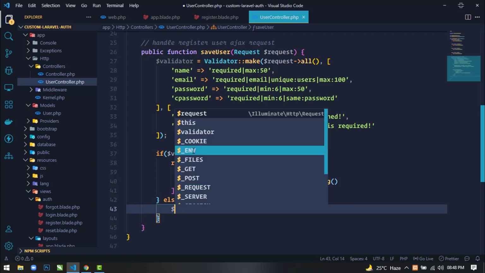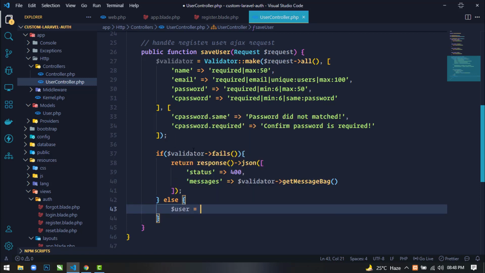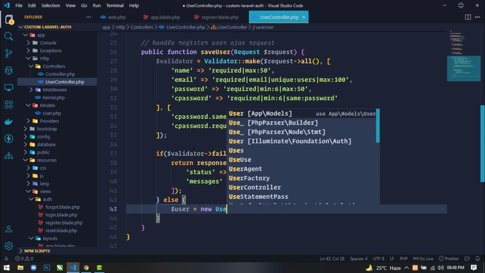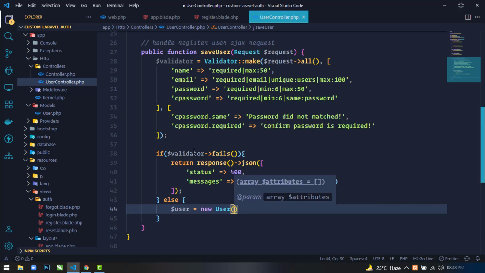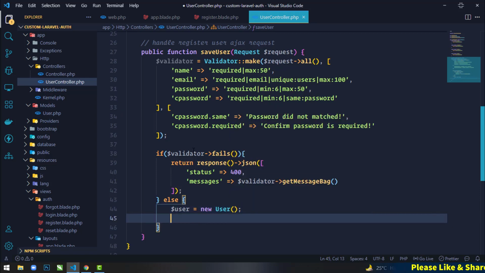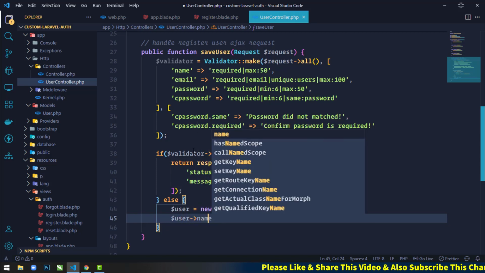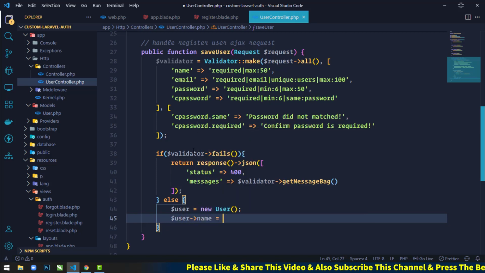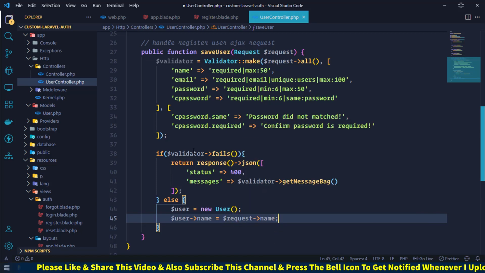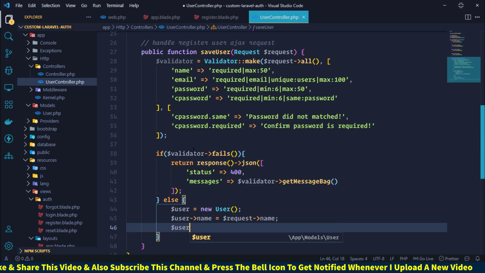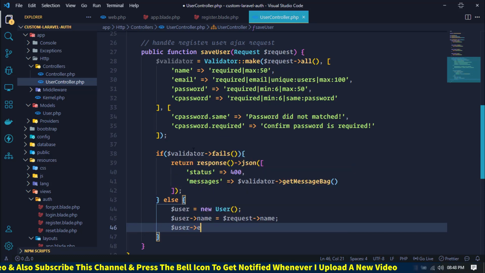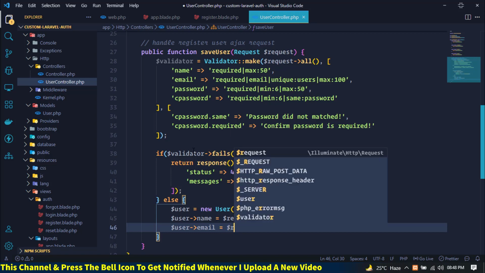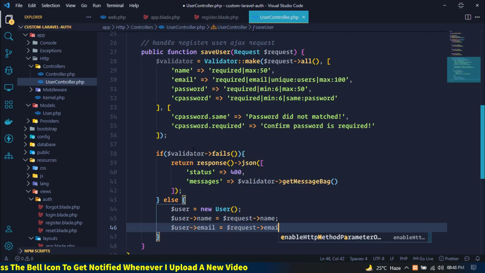Okay, so here we will create an object of user class, user model class. Okay, so here just write user = new User. Okay, and then user name equal to request name. Okay, similarly user email equal to request email.